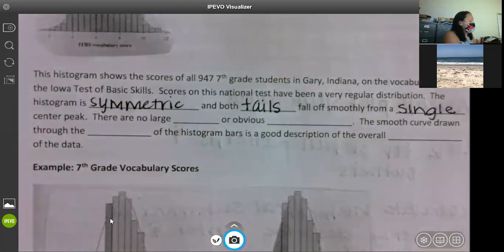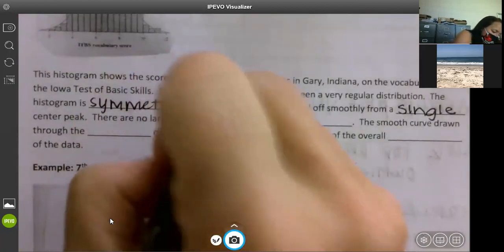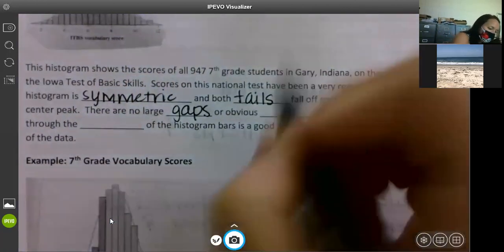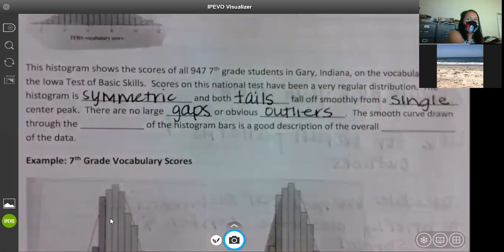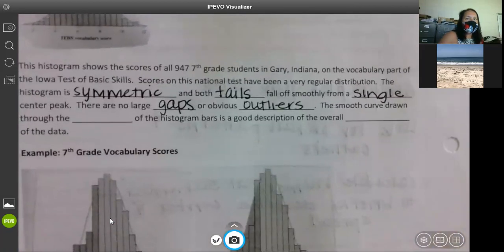So this one is unimodal. There are no large gaps or obvious outliers. The smooth curve drawn through the tops